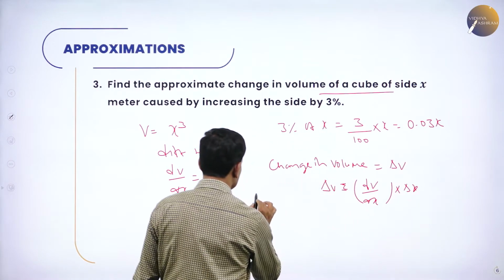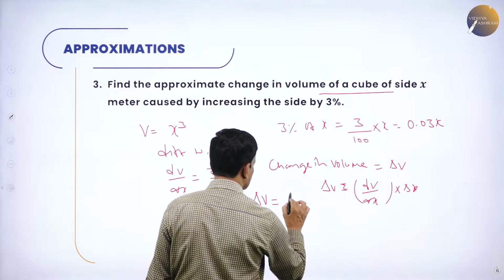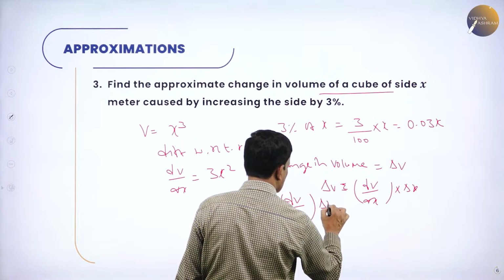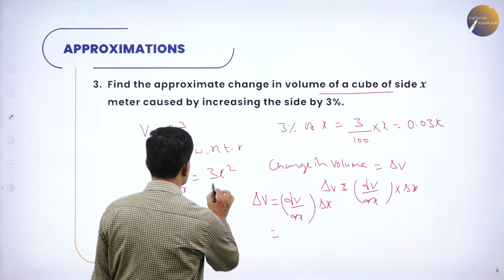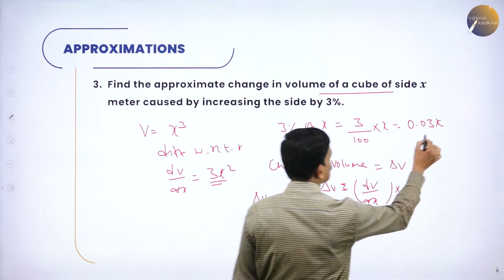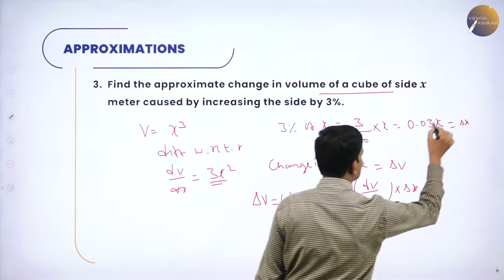Okay, that is delta V is equal to dV divided by dx into delta x. What is dV by dx? 3x square. Okay, into what is delta x? This is delta x, the small change,